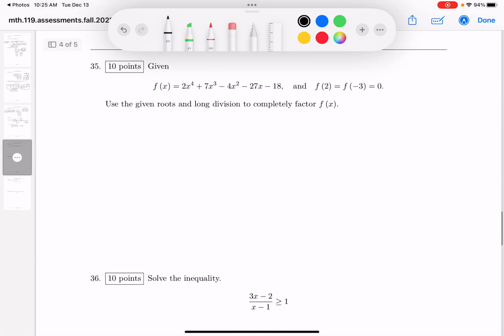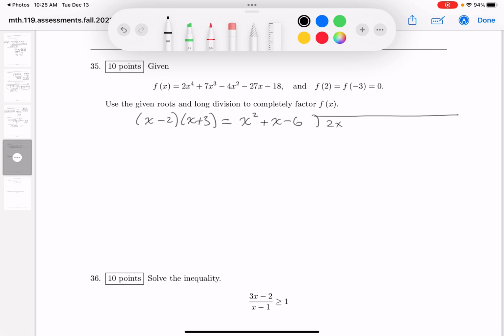And this one over here, we're given a polynomial, and we're given roots of the polynomial. Well, if 2 is a root, then I know there's a factor, and that factor would be x minus 2. And if minus 3 is a root, the factor would be x plus 3. I'm going to multiply that out. You're going to get x squared, plus 3 minus 2, which is plus x, and then minus 6. And we're going to divide this into